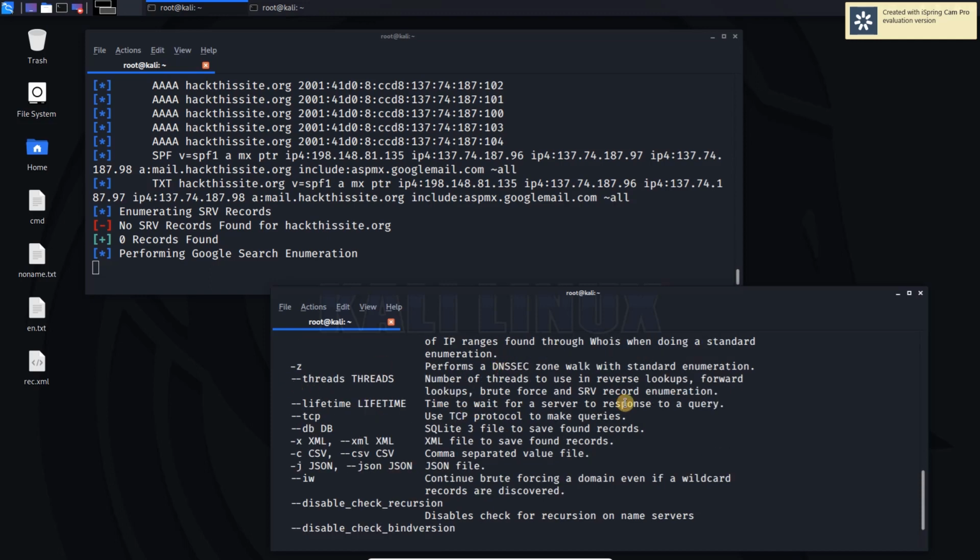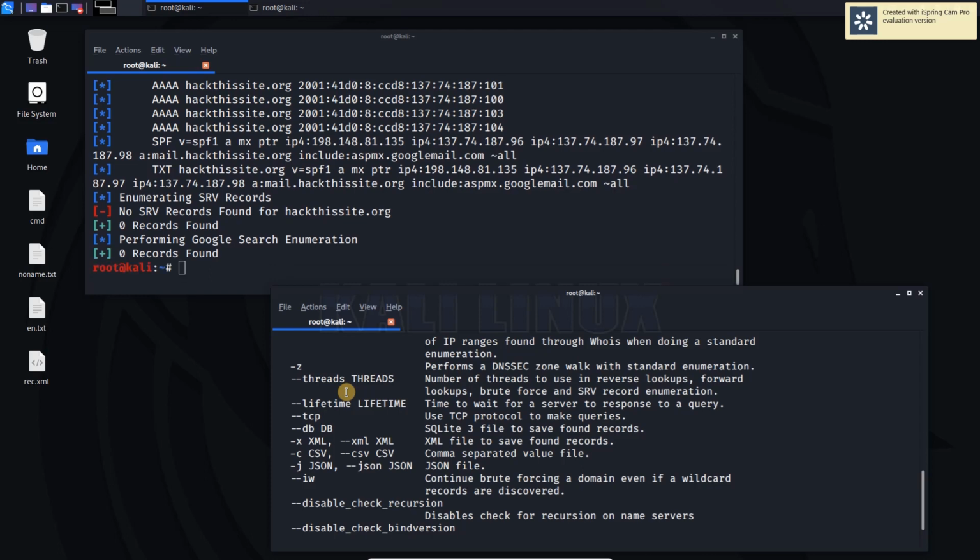We could have used the threads for faster performance. You can specify the number of threads that you want to use. It is simply the number of threads to use in reverse lookups, forward lookups, brute force and SRV record enumeration. It will perform your task very fast because more threads will be working for you.